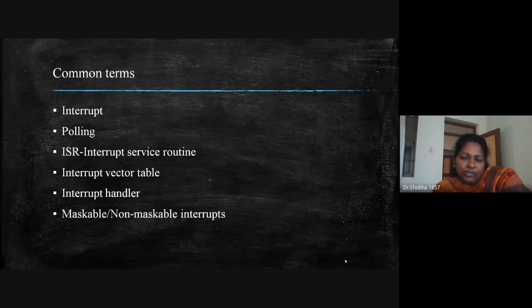And you should know the difference between interrupt and polling. So what do you mean by interrupt and what do you mean by polling? So interrupt is something where when that event occurs, you get a notification. Okay. But polling is something where you keep waiting for it. Okay. See, for example, I think I have told you these examples.